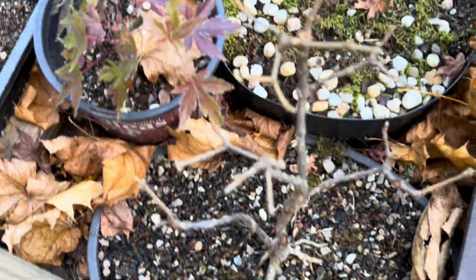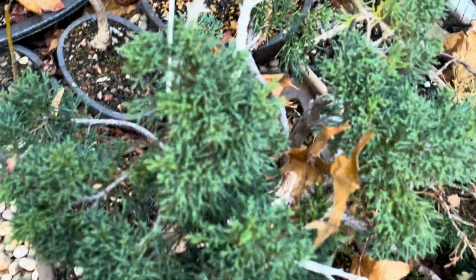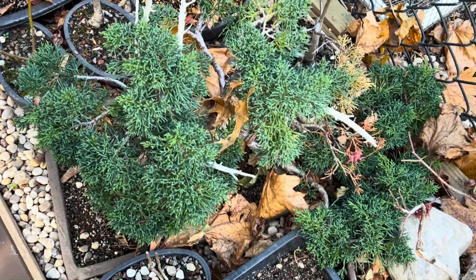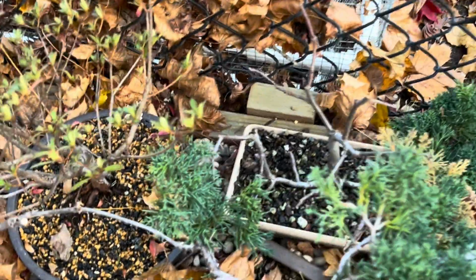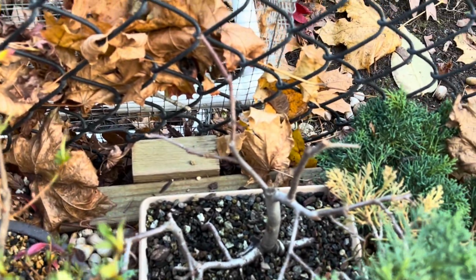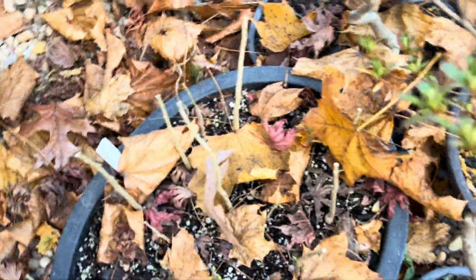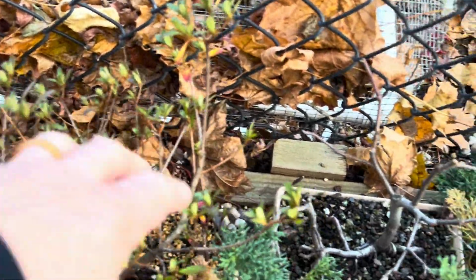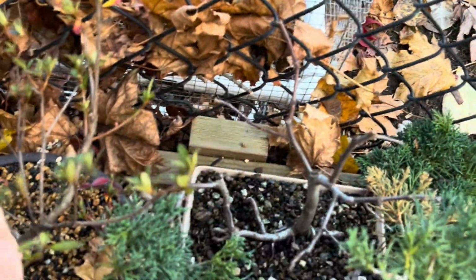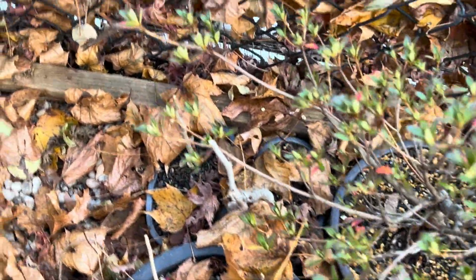And this is my hazel, which I also have high hopes for. I have a blueberry. I have a Shinpaku juniper. I have my little mother-daughter Taringo crabapple. These are my wisteria. And here's another one of those Satsuki azaleas with the different colors. Actually, this one doesn't look like that other one. And some more